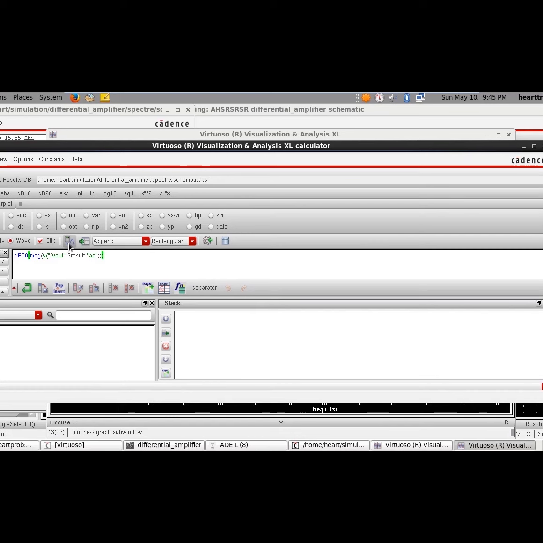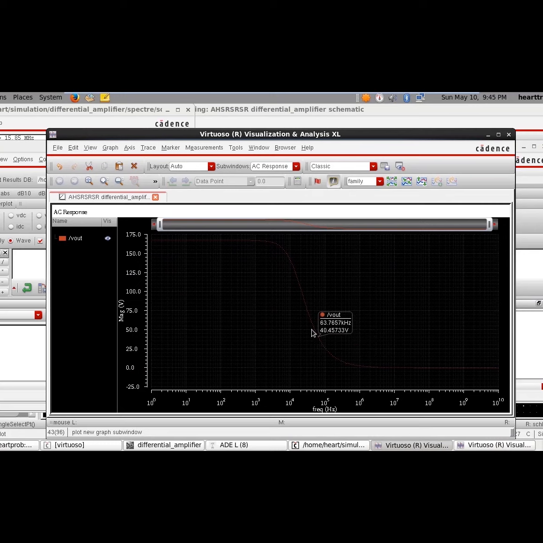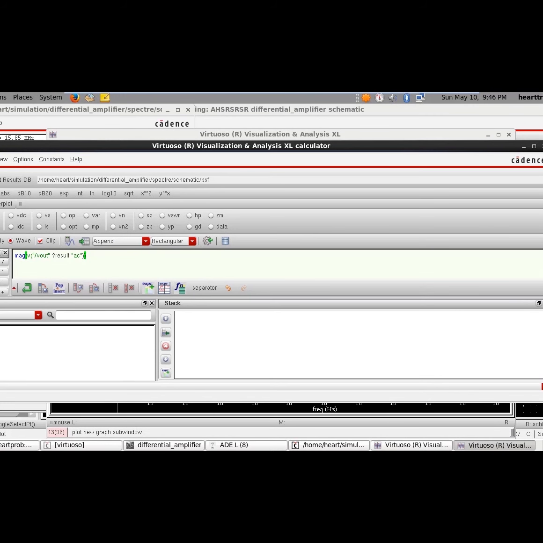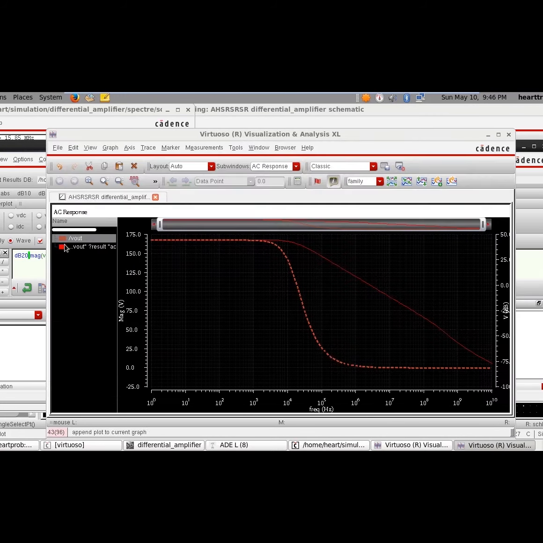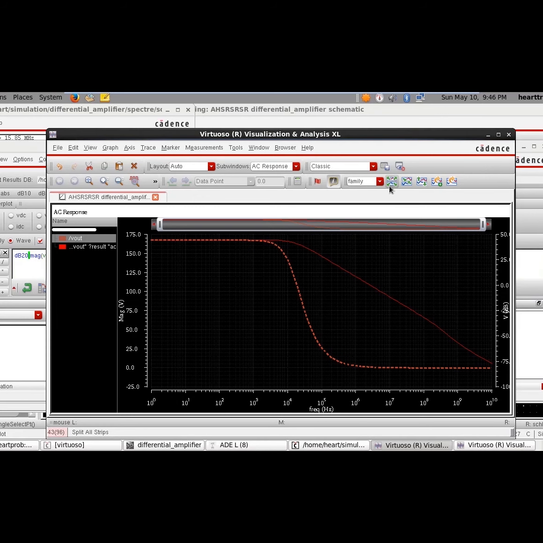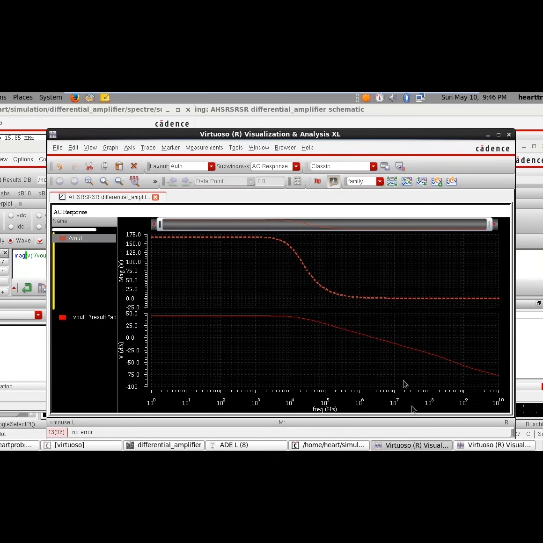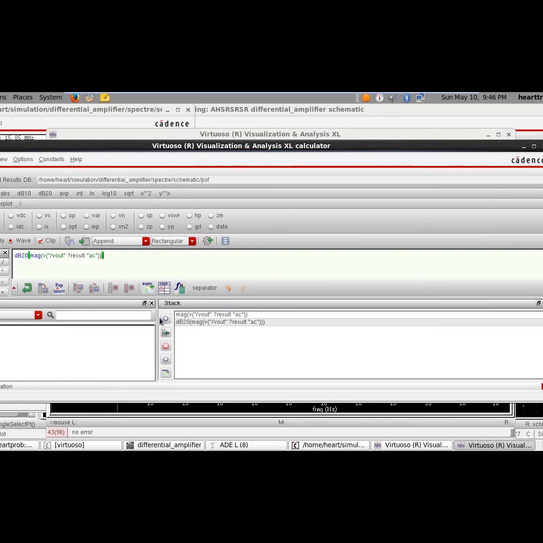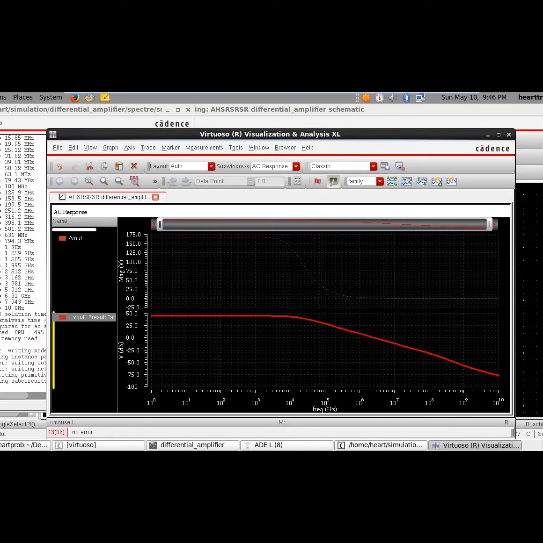So I'll select dB20, go to the wave, select wave, and then run it with dB20. So I'll get that. In dB20 I'll get, so this is the gain. I'll get 44.467 dB after running AC analysis. So it basically gives me the gain Vout by Vin.